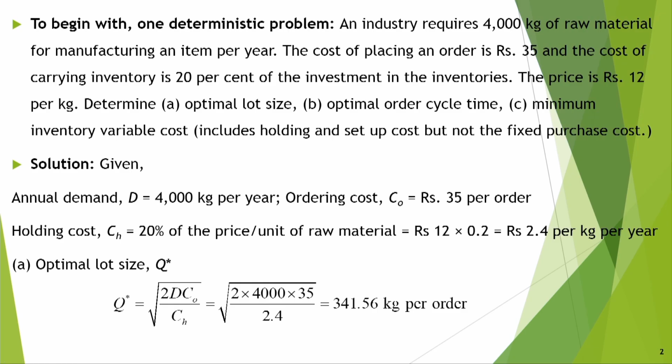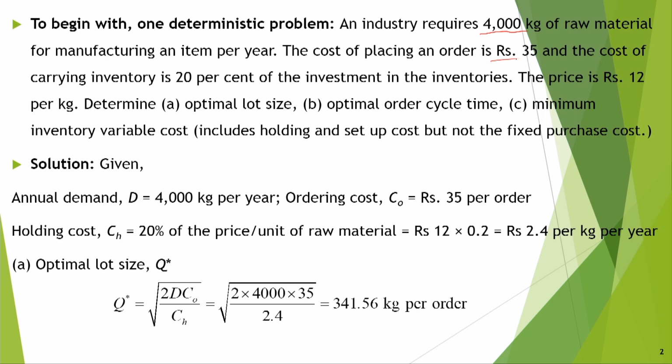An industry requires 4000 kilogram of raw material for manufacturing an item per year. Okay. Some item means many quantities of that item. So, you require a raw material of 4000 kg. Cost of placing an order is rupees 35. So, ordering cost is rupees 35 per order,